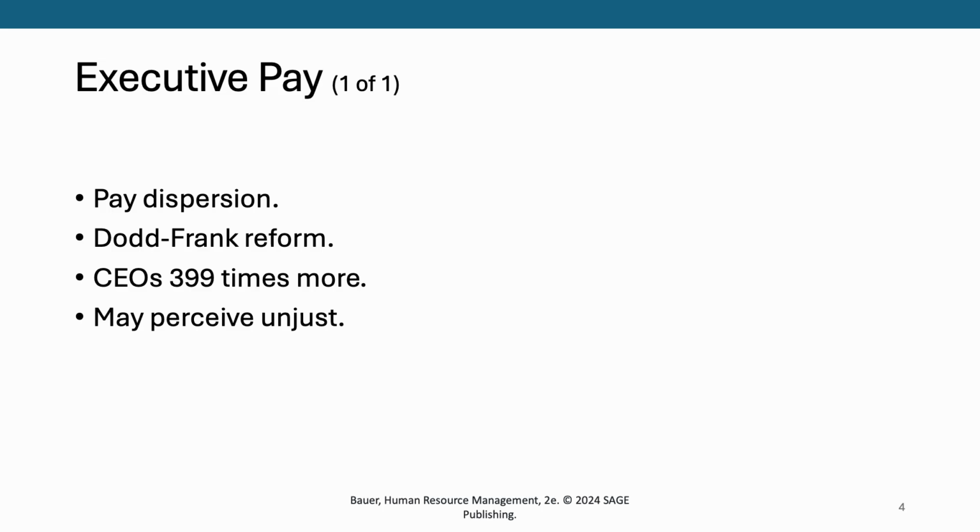With respect to things like executive pay, it's important to know the term pay dispersion. And pay dispersion basically means we're looking at the gap between the CEO, the highest paid person in the company, and the average worker pay. The larger the gap, the more employees perceive that to be unfair or inequitable. And often, CEO pay is off of our pay line. It's off of the chart. Right? It's usually significantly higher than the rest of the organization makes. We see a steeper curve, higher level, the higher you are in the company, which again gives perceptions of unfairness.